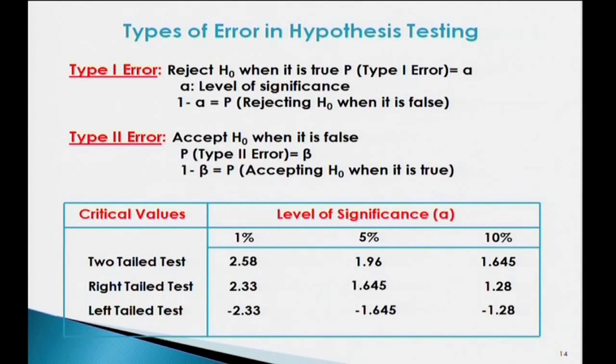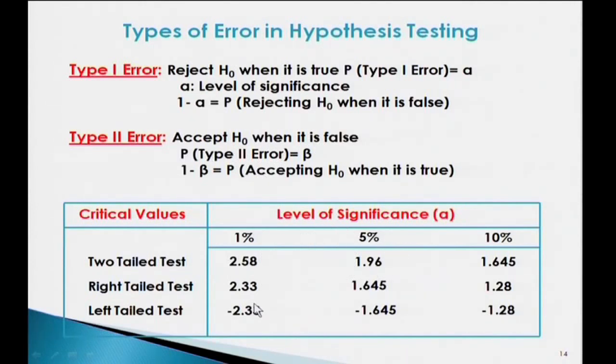We shall be following these steps in all the tests under testing of hypothesis. There are in total 7 tests that we need to cover. We shall be taking 2 tests today, and remaining maybe in the coming lectures. Again, quick understanding of the type 1 error. Type 1 error is rejecting H naught when it is true. Rejecting a true assumption is alpha. Then type 2 error, accepting a false assumption.